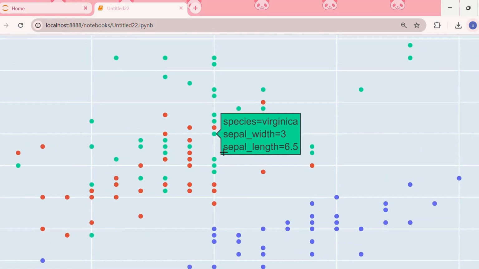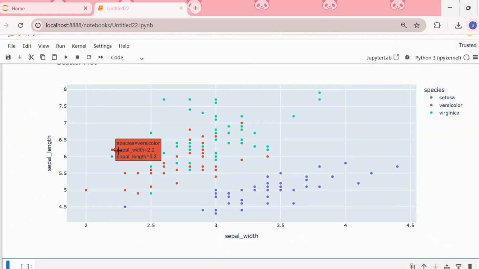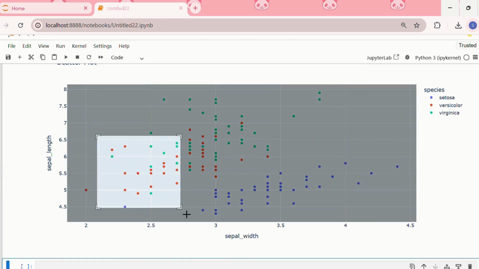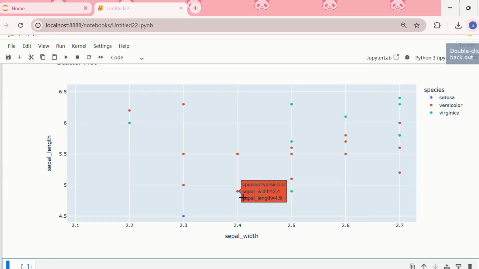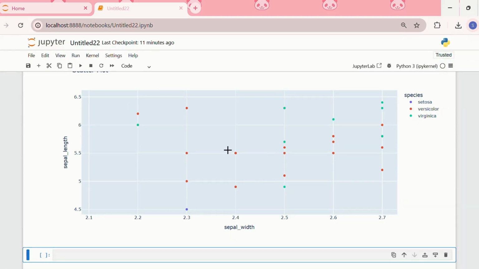The feature is that we can also zoom in and out of the graph. Then we can select a particular area of the graph to zoom in on the data points, and we can see the data points